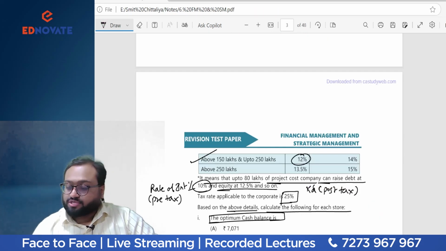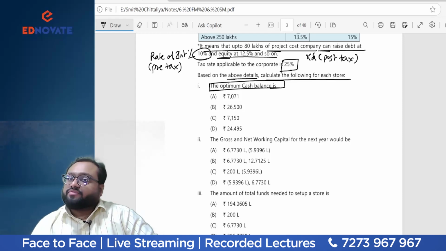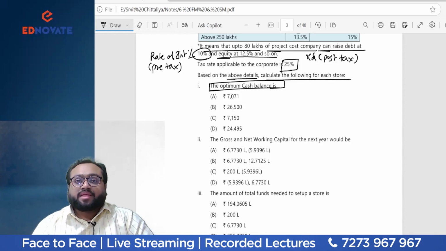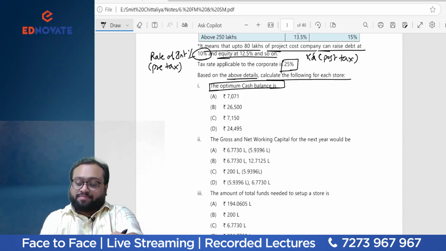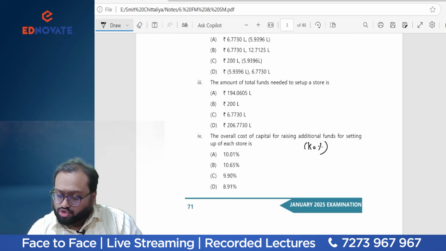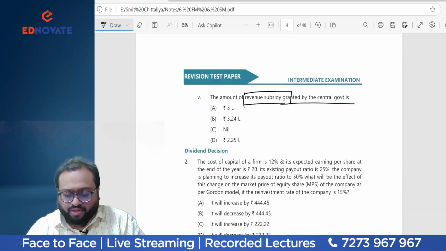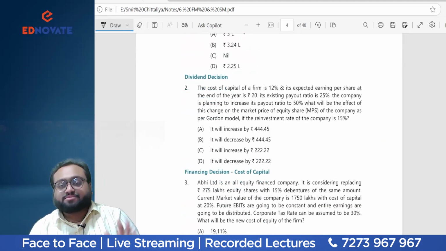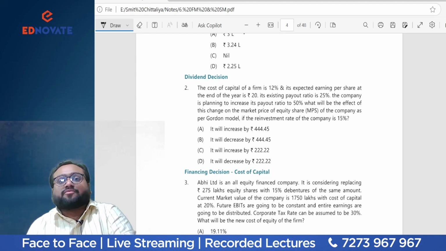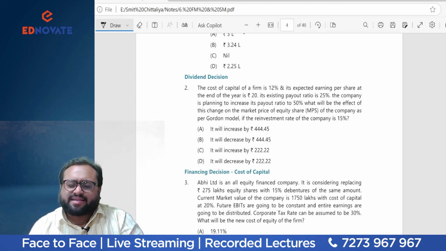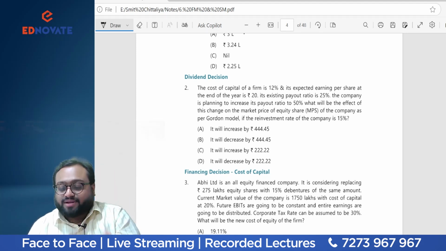So let us go to the second question. Yes, students, we have nicely and properly calculated the entire 5 requirements of the question number 1. Now let us go to the question number 2, which is on your dividend decision, if I'm not wrong. A very small question and a very easy MCQ. Pray to God, such type of MCQs do come in exam. It's very easy, damn easy. Actually nothing. You might just solve in next 2-3 minutes.